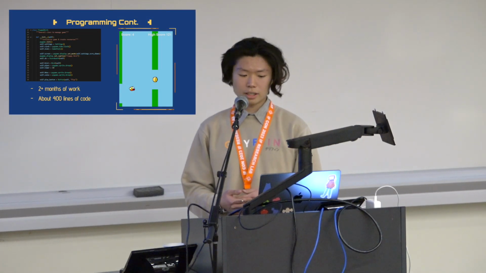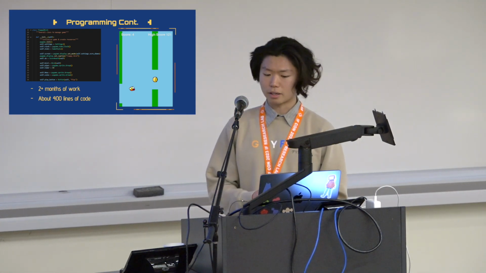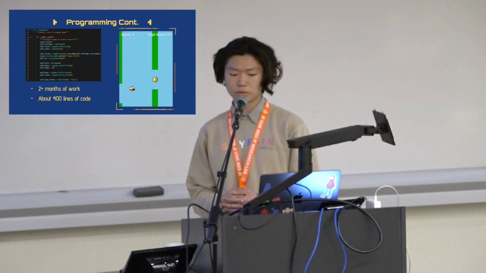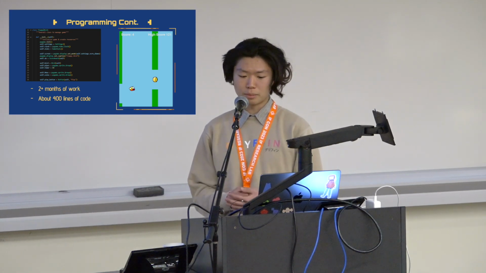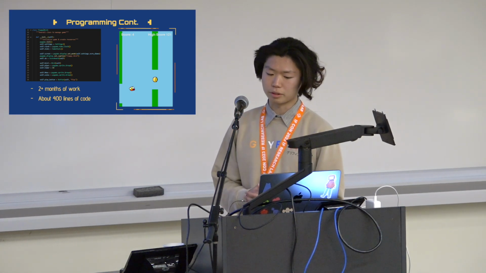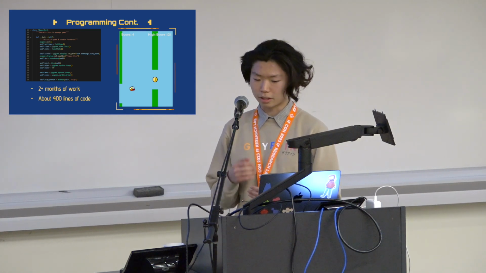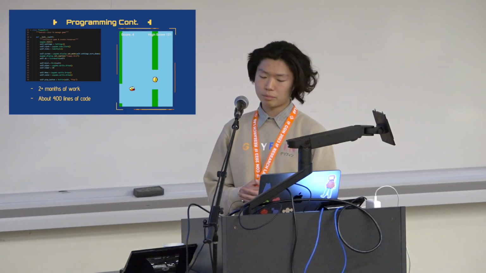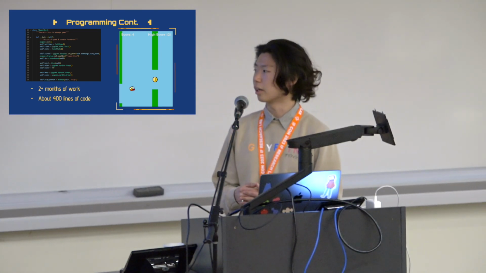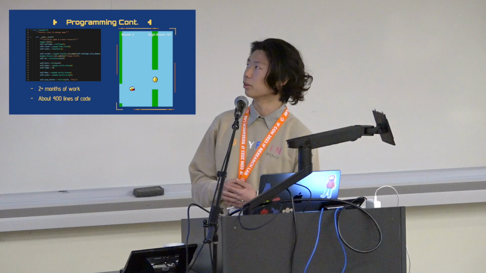So all these classes that I made were then called from a main file that runs the game and holds the code for displaying and controlling the interactions between the sprites. The image on the right is the displayed screen for when the game is run, and the components I mentioned before are shown on it. Overall, this game was about 2 or more months of work and summed up to 400 lines of code. And here is the finished product.